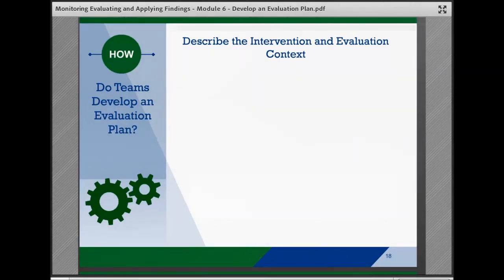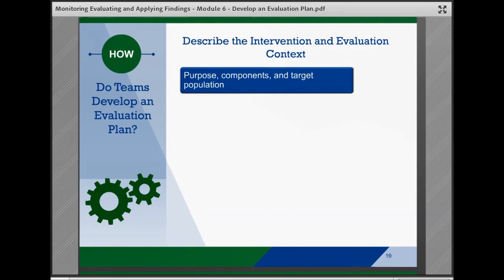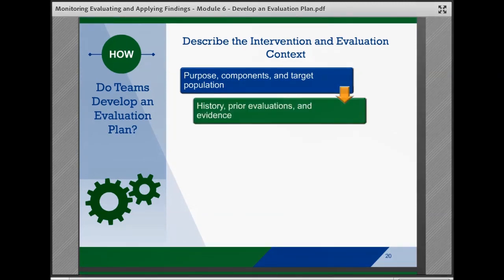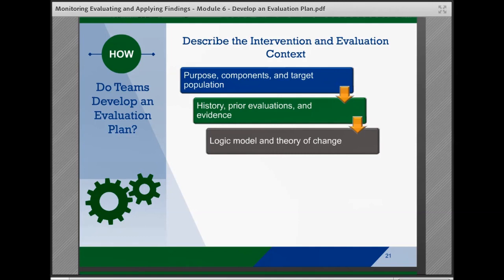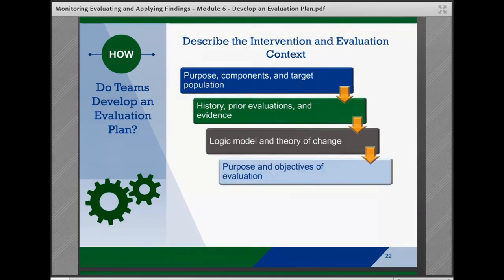How do teams develop an evaluation plan? Teams should begin with describing the intervention and the context of the evaluation, including the intervention's purpose and goals, core components, and target population, which the team can likely pull from its implementation plan. Relevant information on the history of the intervention, prior evaluations, and existing evidence which the team likely researched during the intervention selection process. The intervention's logic model and theory of change, the purpose and objectives of the evaluation,